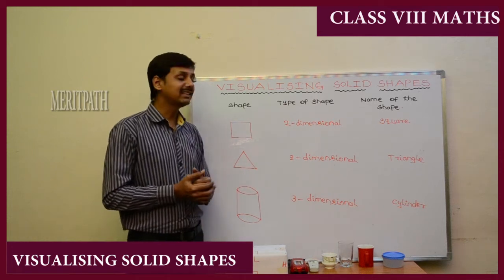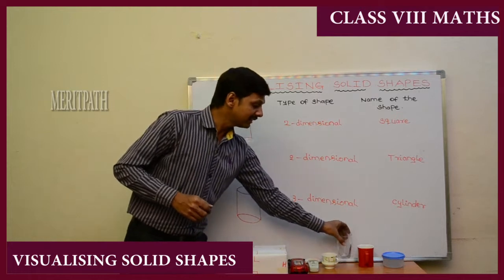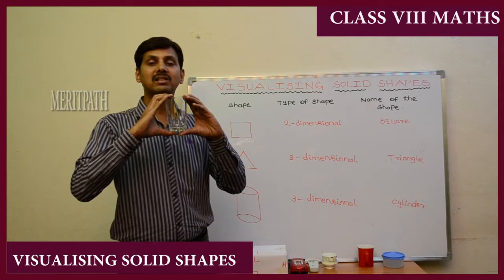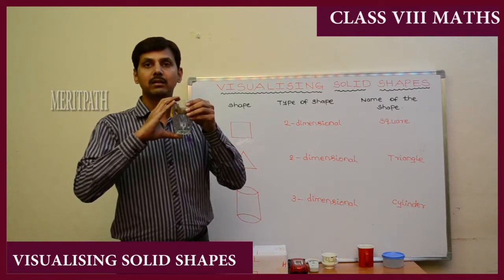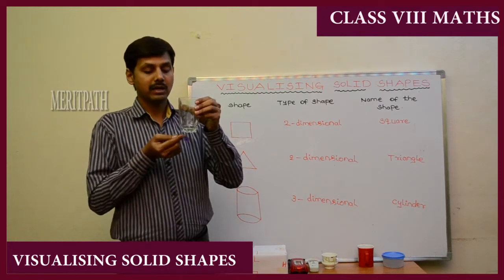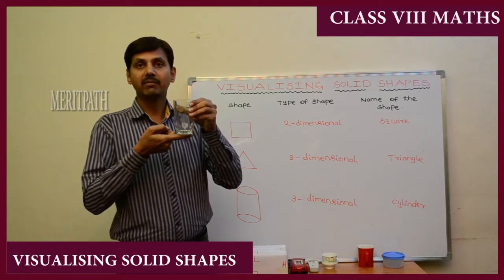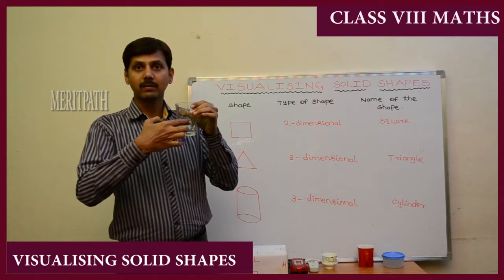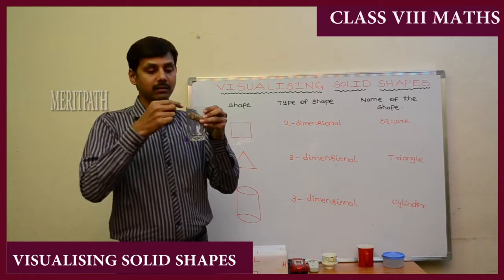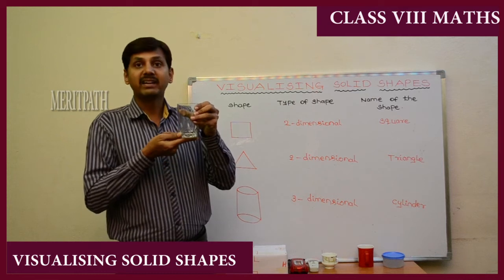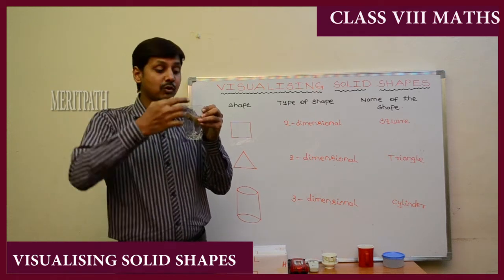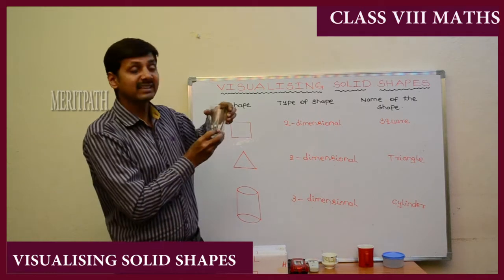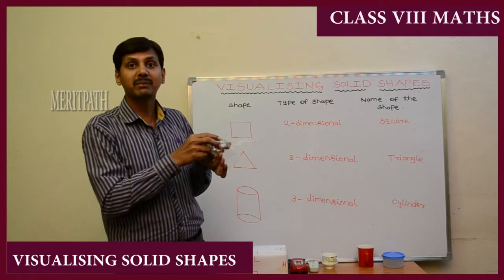And when we take the cylinder, for example, this is in the shape of a cylinder. It has length, that is height we call, and the width, and the depth. What is the depth of it from width we call, otherwise we call width. So this is a three-dimensional picture. We have three dimensions.